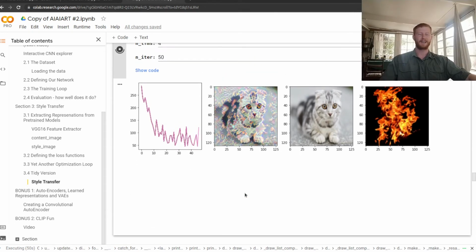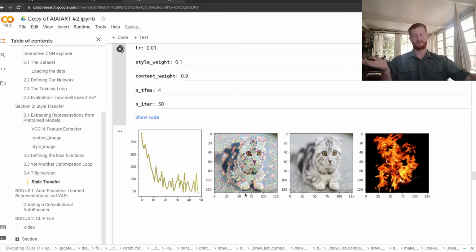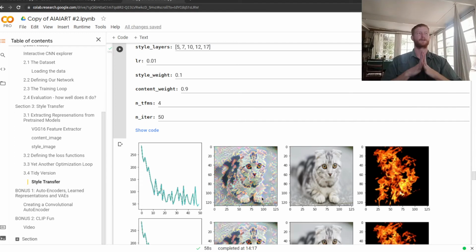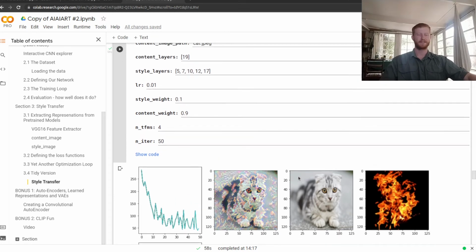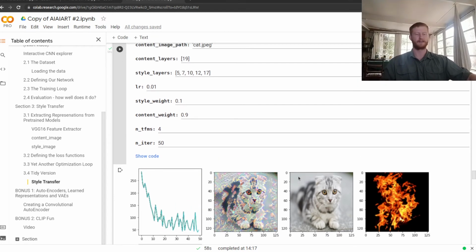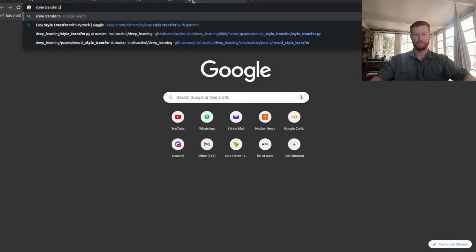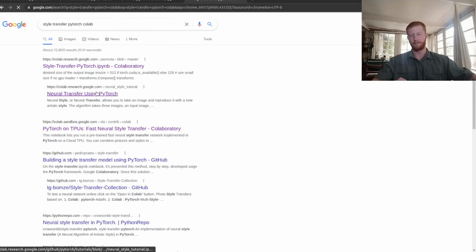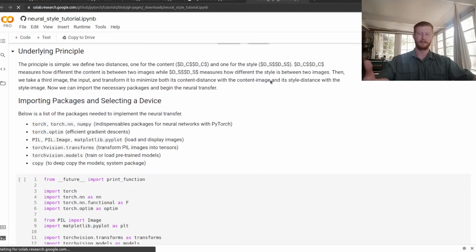So once again, to highlight, this is just me trying to create a fairly clean style transfer implementation. All of it is completely thumb-sucked. There's no deep research that's gone into choosing these parameters at all. So I wouldn't necessarily recommend this as the best style transfer on the internet. Nothing like it. But if you go, and we did this in the lesson, if you go and look at other examples, style transfer, PyTorch, Colab, just pull up a random example or demo, if you look through the code, you'll realize that although their actual implementation might be